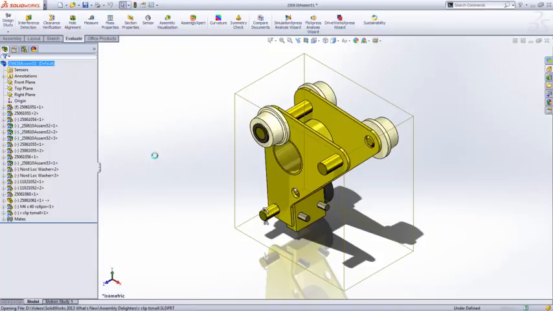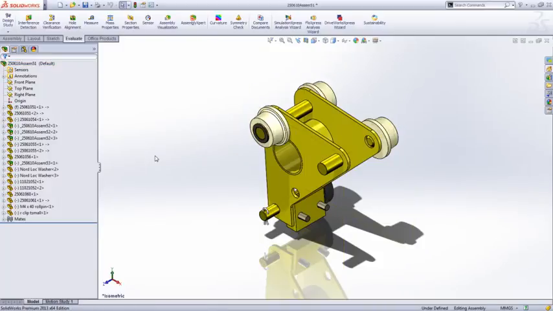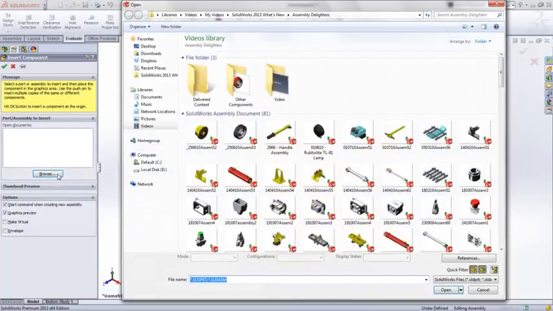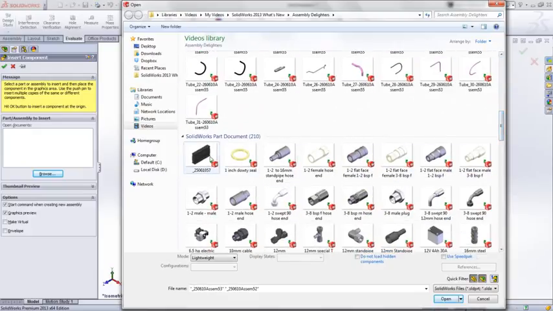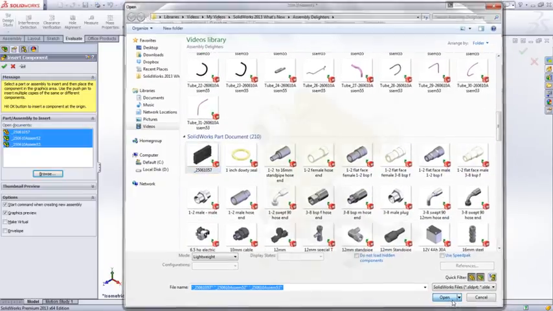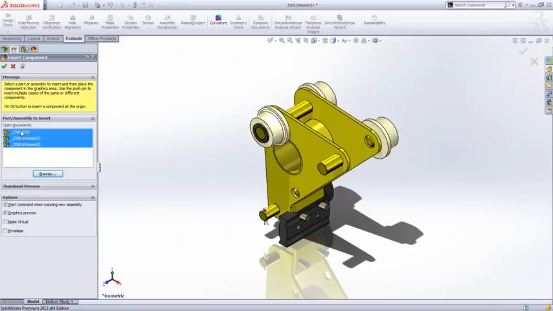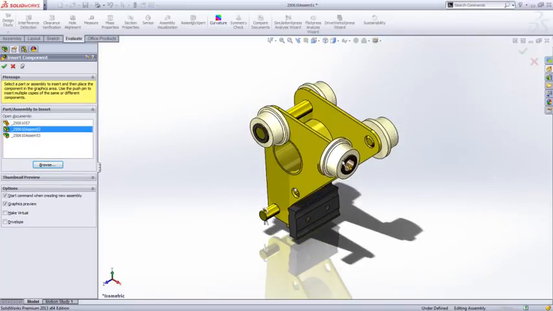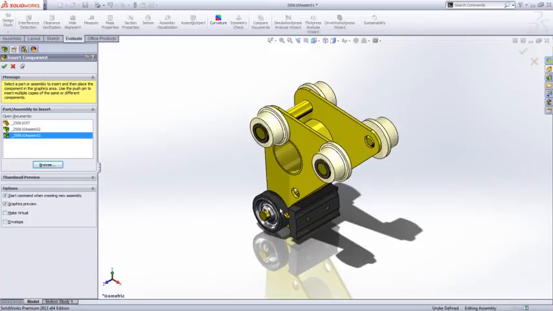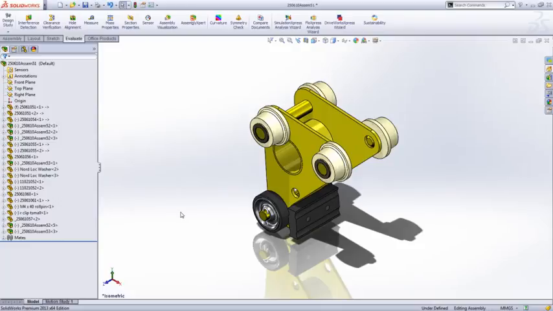If we want to insert multiple components into a design, we used to have to do this one at a time. Now in SOLIDWORKS 2013, we can choose to select multiple components for insertion. This includes combinations of parts and assemblies as well. Once we've chosen the components, positioning them is easy using commonly found mate references. Here we'll go ahead and drop these wheels back onto the assembly design to take a look at the next